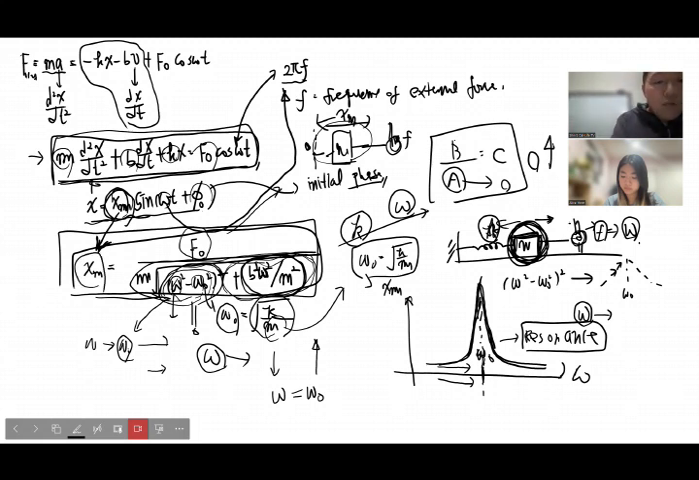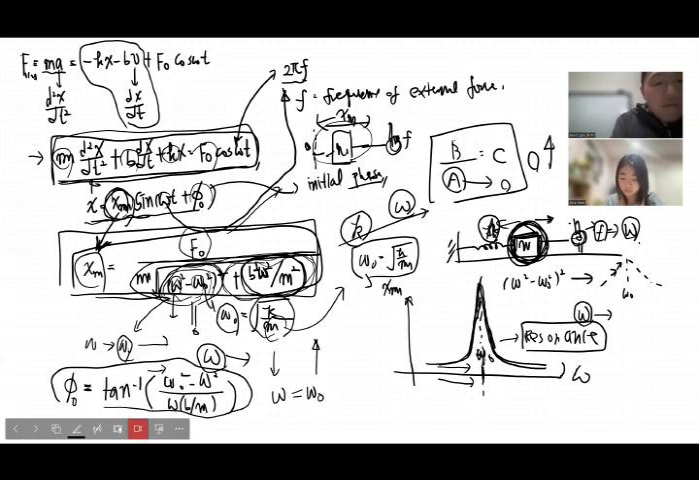Now you can also find the expression of the initial phase, which is also a function of omega naught square minus omega square over omega times b over m. So that is the initial phase, also a function of the driving frequency and the natural frequency. All right,